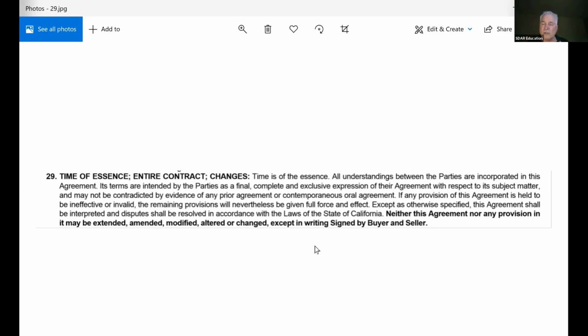Okay. So now remember, at the time that you're writing the offer for the buyer, you're anticipating that the seller is also going to read this language. Listing agents out there need to be thinking, all right, I've got this contract coming to me. It's got all that language. Yeah, we don't read that. It's nothing to do with it. We don't read it, right? Well, you need to understand that your client's agreeing to it. Your client is agreeing to the fact that this is the entire agreement.